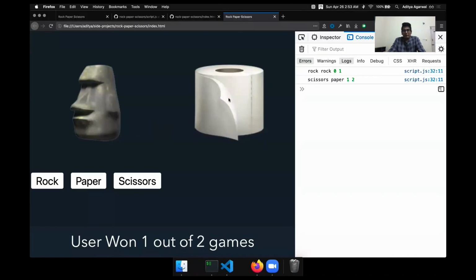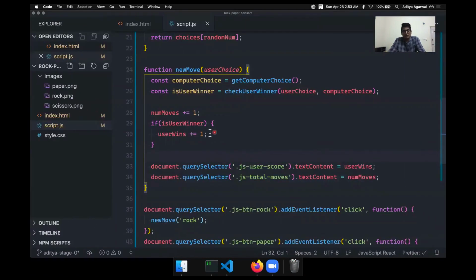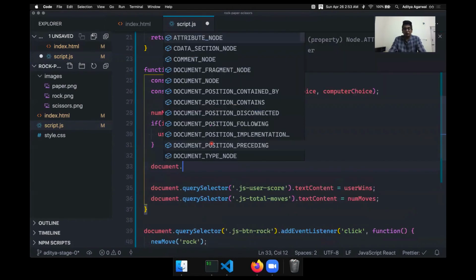Okay, so let's just remove this. Now the only thing left is that we need to update the images here. So when they click rock, it should stay rock, but if they click paper, now there should be a paper image. For that, we need to manipulate classes. We need to add a class, like a picked class, on whatever they chose. So let me show you for paper.